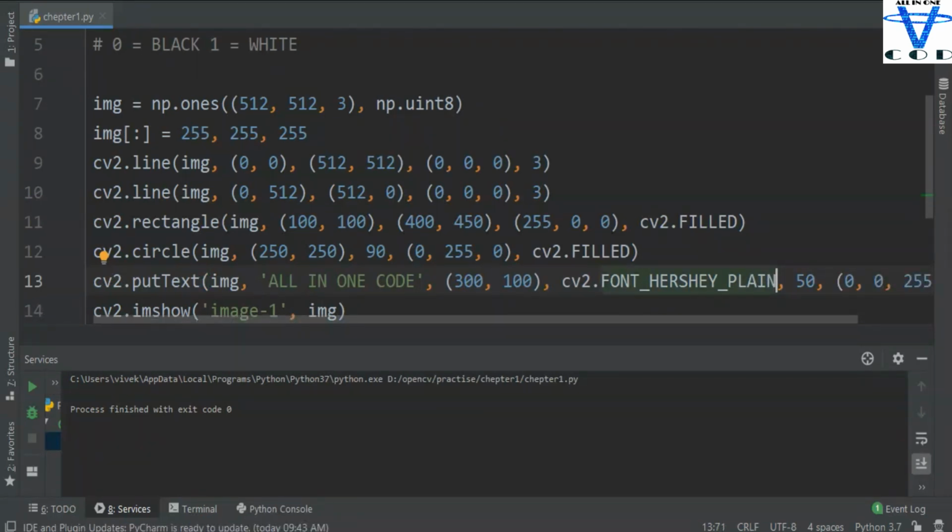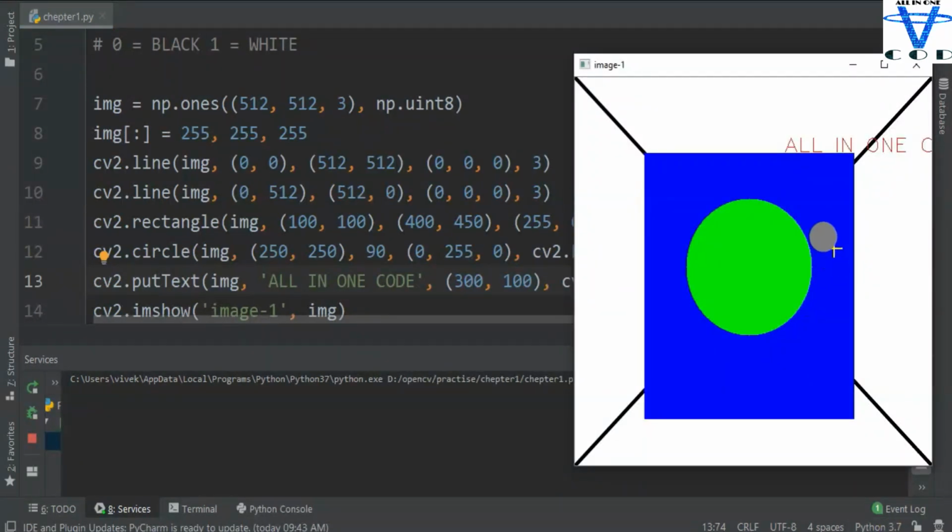Obviously I'm going to use plain text, and I'm going to put the scale as 2 because 2 is too big. You can see we got all-in-one code, but it's out of our image. Now that's good. You can see I got all-in-one code in red color because I passed 0, 0 and 255. So that's how you can create the line, square, circle and text in our image, and that's how you can create your own image.